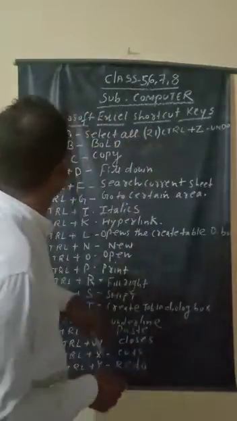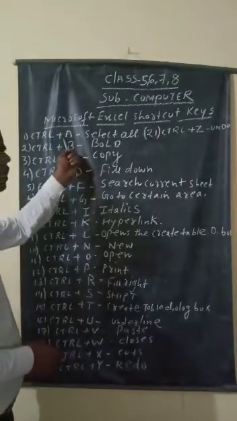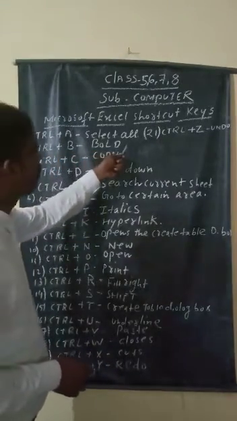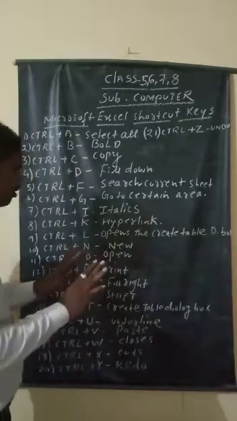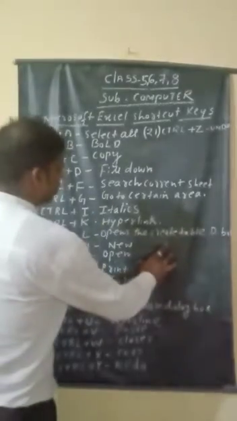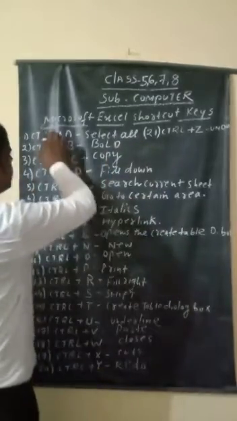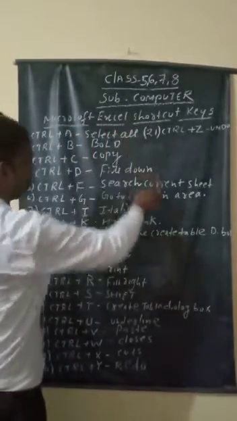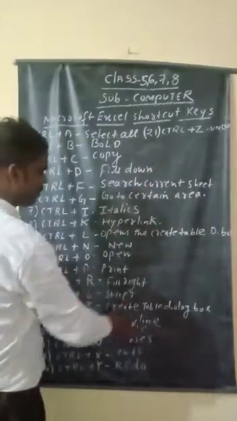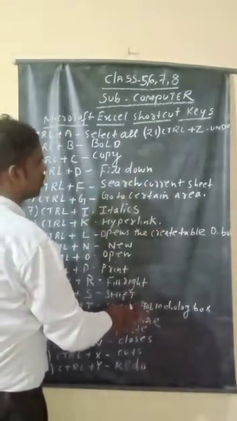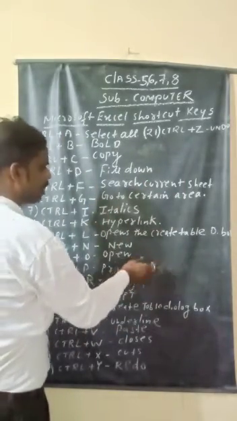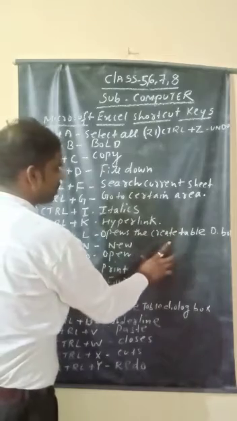First of all is Control plus A. Its main function is select all. Control A means suppose on a keyboard you type Control plus A, you can select all the documents at once. There is no need to select in Microsoft Excel first with your mouse; even from the keyboard, you can do it by pressing Control plus A.